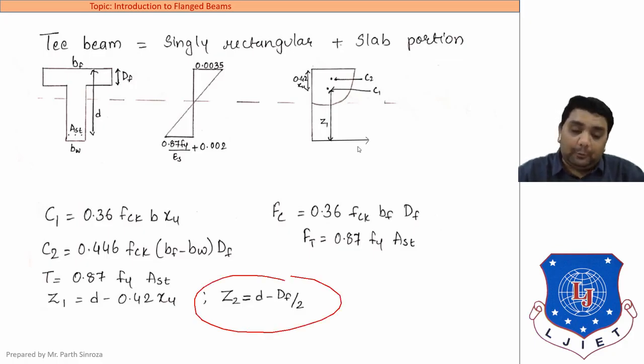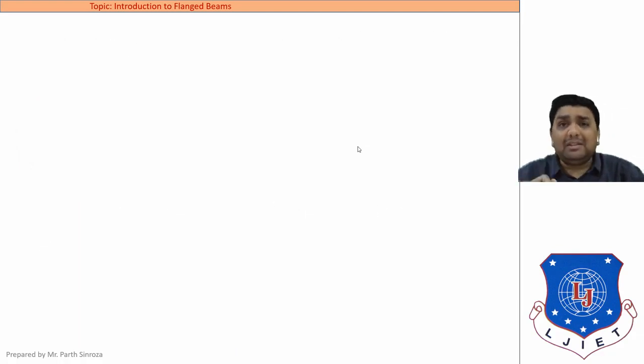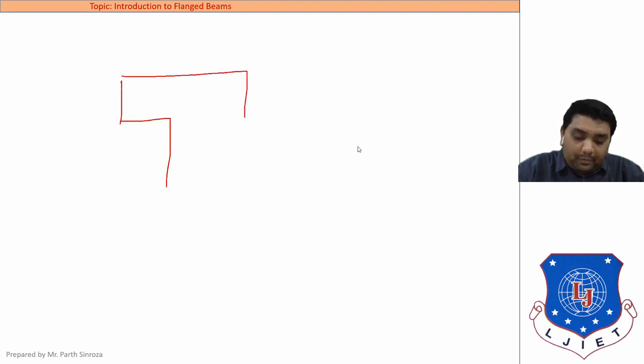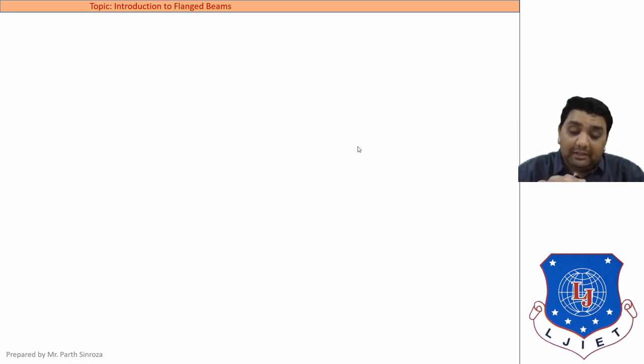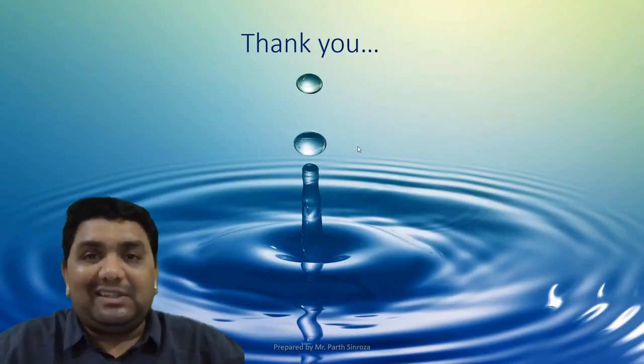Now we'll be looking at the summary of what we have seen till date. First, the T section. The section we have cut here will always be in the form of vertical rectangles, this being our first part and this being our second section. Keep in mind the sections are taken in this way. Why is it taken in this way? Because the load is applied or transferred from the top of the slab. So section 1 and section 2 both should be in direct contact with the load. So we have taken the section in this form. We will see the rest in the next lecture. Thank you.